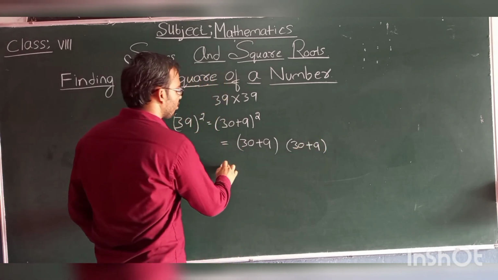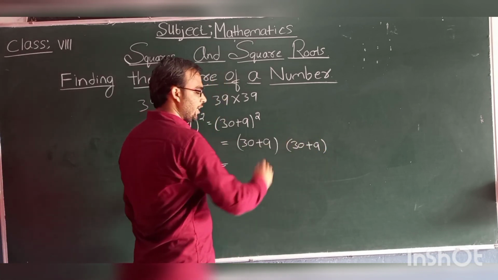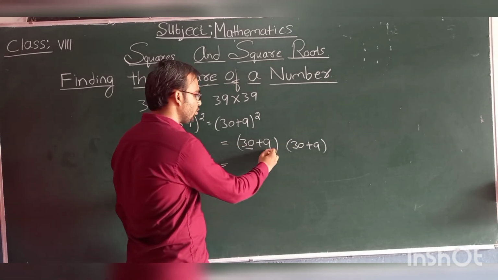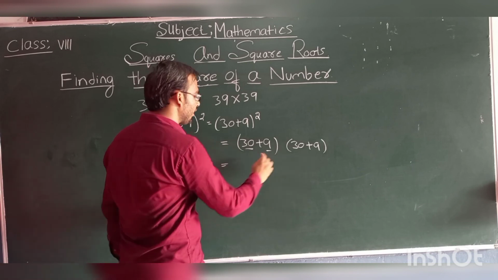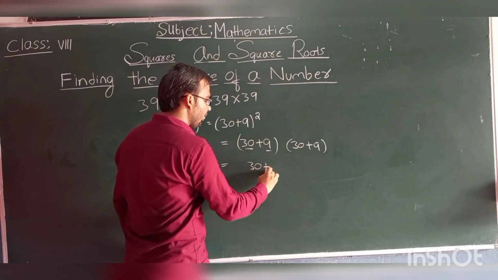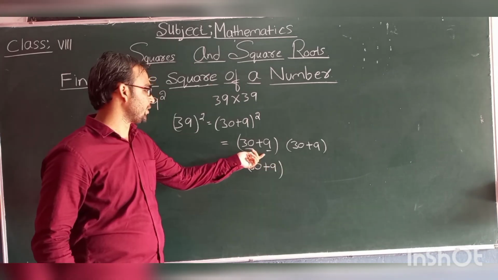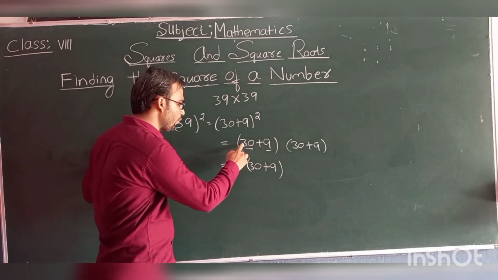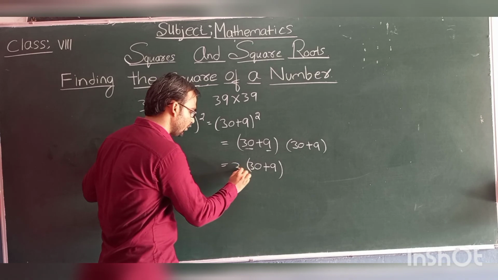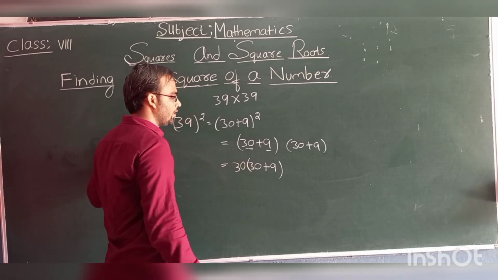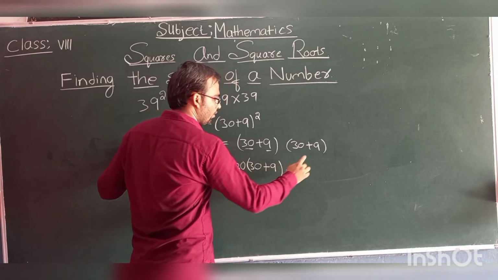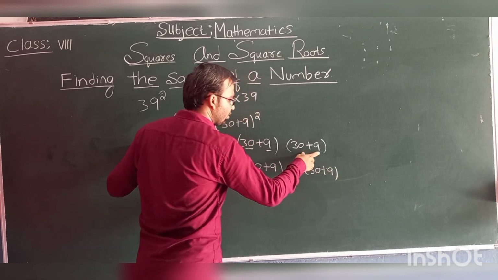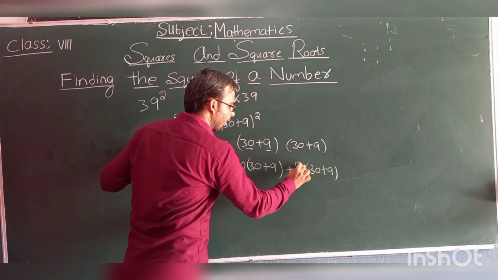Okay. So now students, you can keep one expression as it is, and you can divide one expression into 2 parts. So here we will keep this as it is, 30 plus 9. Now in this expression, we have made 2 parts. So write one part here, that is multiply one part with this term, 30 plus. Now write again once here this one. We need to write this once, and now the remaining part, that is 9, we need to multiply with this term.